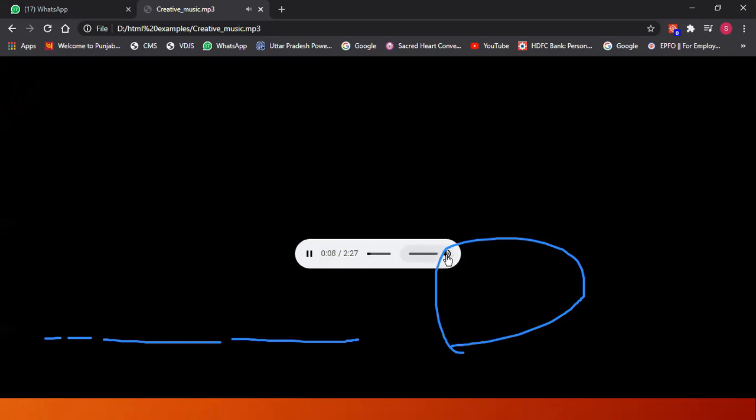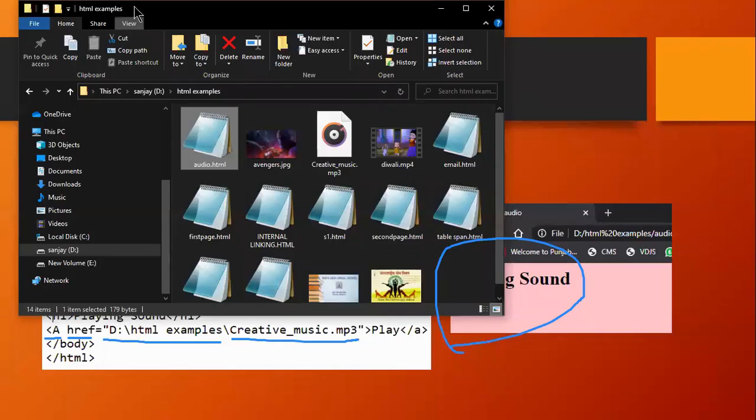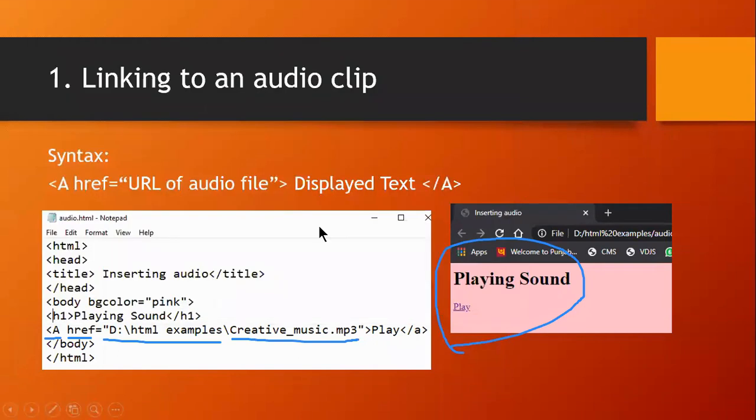These are my controls which come automatically. Okay, let us come back to our presentation. So this is how we can link to an audio clip using anchor tag.